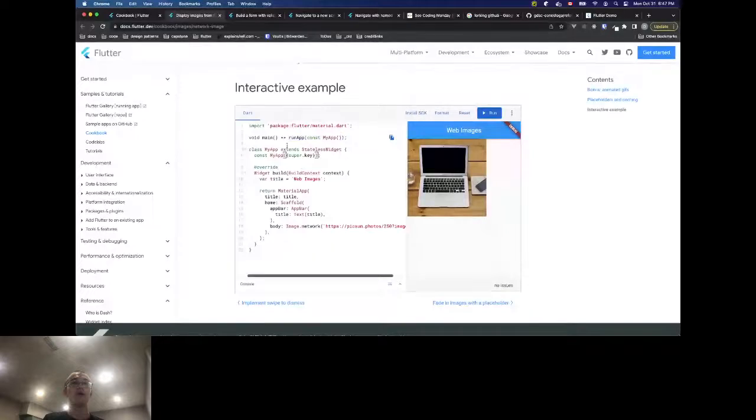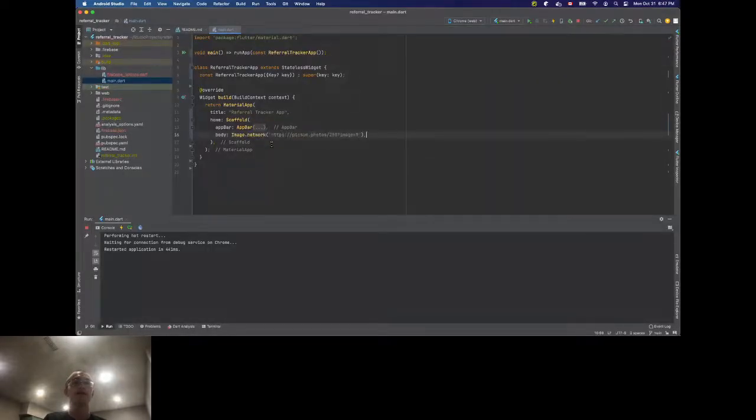So essentially, you can see that they also create a stateless widget with the app, and then they have a title. They have material app. They put the title of the browser tab, and then they have the scaffold itself. And inside of the scaffold, they also have an app bar and the body. But instead of the body being a text widget, they have an image, right? Actually, it's probably very easy for us to try that as well. So if I just copy that, I go here and I replace this with this. So now we should see the image